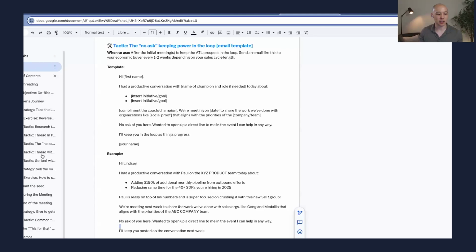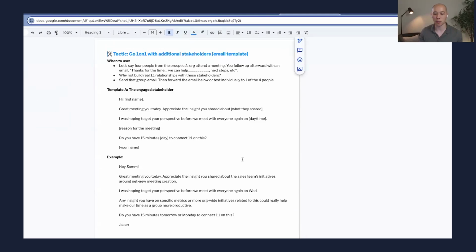The next thing I want to talk about that I think is super important too is this idea of going one-to-one. There's a template here that you can use, but it's really the principle of, especially in enterprise, think about how many first calls you do where you're introduced to a group. I've been caught several times where it's a really awesome logo for us, it's a head of enablement, they bring two of their enablement folks in, and it's constantly group. And I'm realizing a couple of calls in, I don't really have a champion in this deal. I don't have someone that, to all of your points earlier, I could text and call that would help me troubleshoot this deal. So going one-to-one is super important.